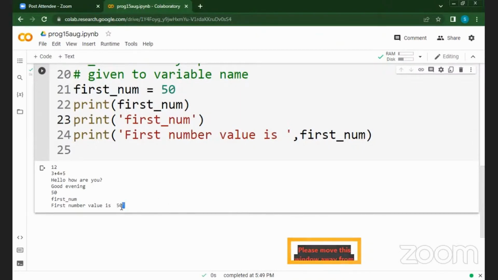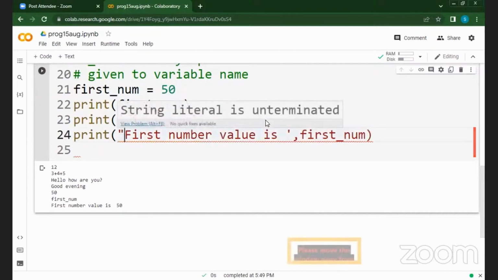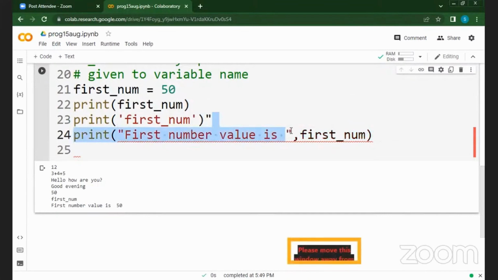What if we use double quote? Answer is nothing, no problem. You can give double quote here, okay? But if you are giving double quote here, you have to give double quote here also. Whatever you begin with, same thing you have to end with. So if I'm giving double quote here, I have to give double quote in the end also. Whatever quote you are giving in the beginning, same quote you have to give in the end also. Okay,